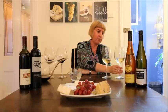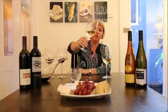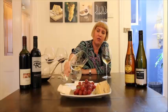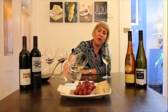Step is sight. When you look at a wine, you need to hold it up to the light or to a white surface. And what you're actually looking for is clarity and brilliance. And you'll find that a young white wine is much lighter in colour. Also, it implies that if it's quite light, it could actually come from a cool climate variety, such